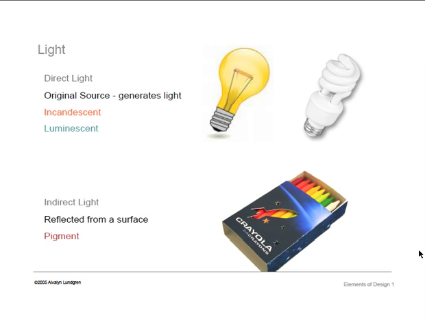There's two different sources of direct light. Direct light is what's actually making the light. It's sunlight, it's a candle, it is a cigarette lighter, it is a campfire, it's a tungsten bulb, it's a compact fluorescent. Incandescent light is made by anything that burns, and that would include the tungsten household bulb, sunlight, firelight, candlelight, things like that, anything that actually has something in it that is burning